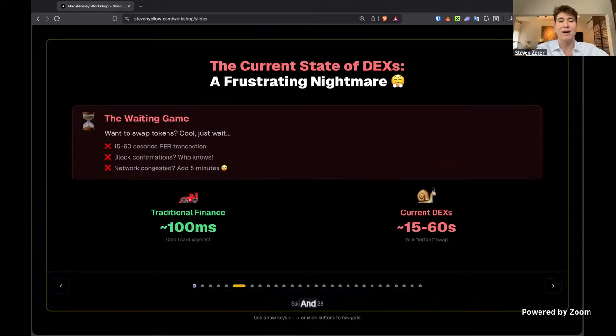In traditional finance, things happen in 100 milliseconds or less, right? When you do Apple Pay, anything like that, or trading on a traditional exchange, they're really fast, but DEXs are pretty slow, and that causes a lot of problems.